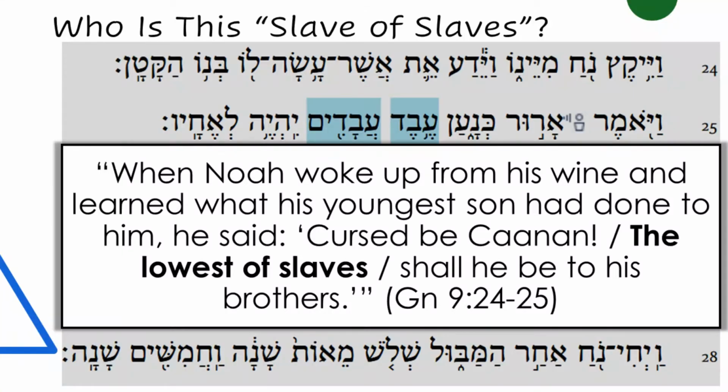And that's important because Canaan is going to be the group of people that occupies the promised land before Israel comes in. Indeed, we read in Genesis 9, when Noah woke from his wine and learned what his youngest son had done to him, he said, "Cursed be Canaan, the lowest of slaves shall he be to his brothers." Indeed, you can see in the blue highlights in the Hebrew text, it literally means slave of slaves. So Canaan is this slave of slaves. This makes present Israel's understanding of how it has been chosen over and against these threatening enemies that they face in their subsequent history.